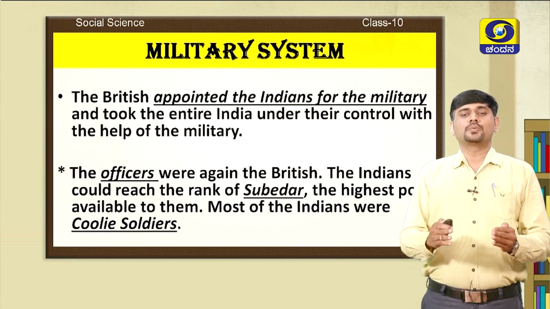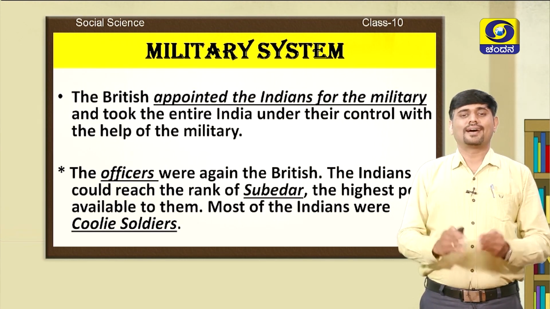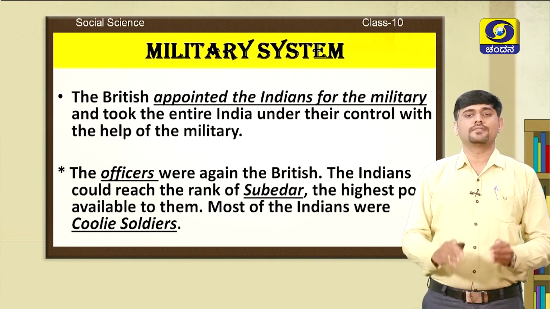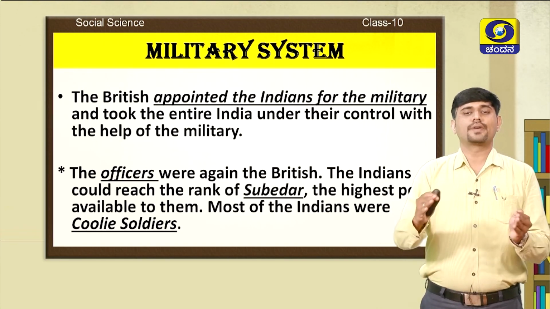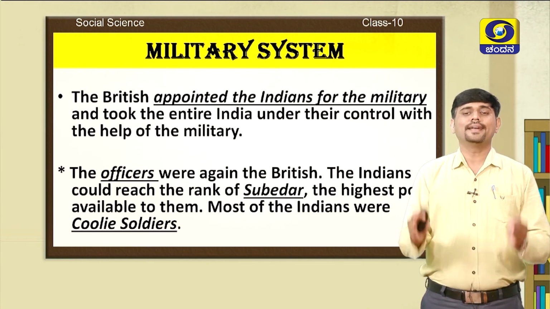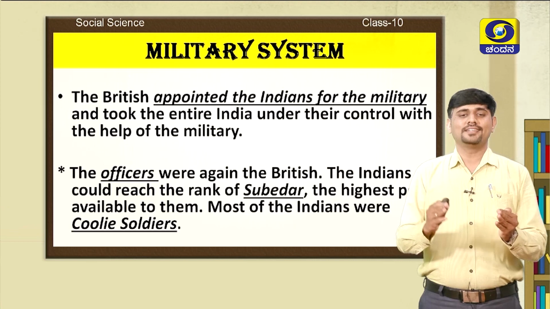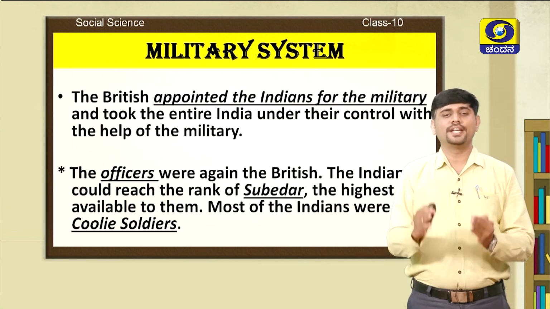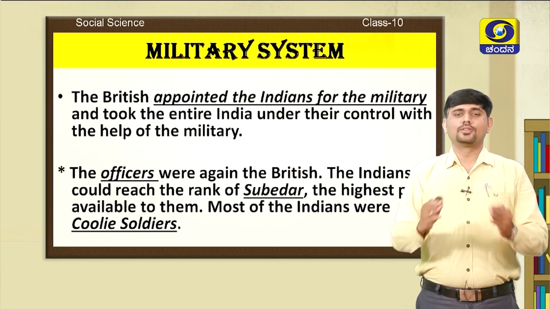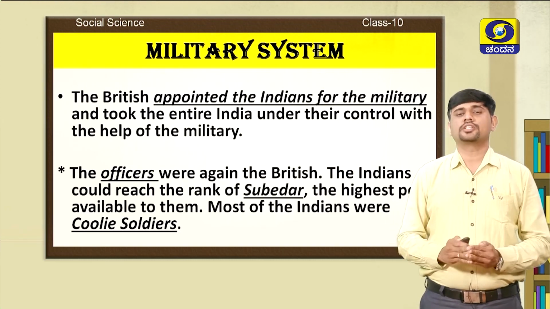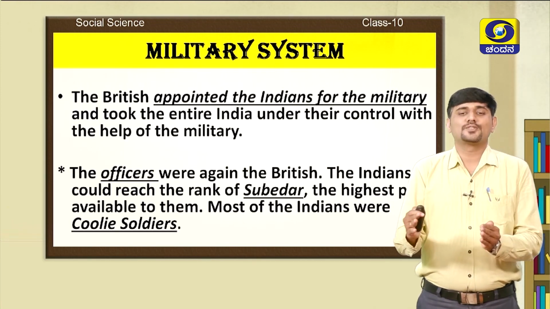The officers were again the British here. In the military system, the high positions were all given to the Europeans. The Indians could reach the rank of Subedar. The highest post available to the Indians was only Subedar. Though there were a number of higher positions, the Indians were confined to the Subedar